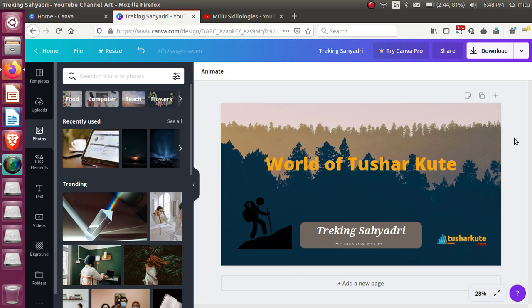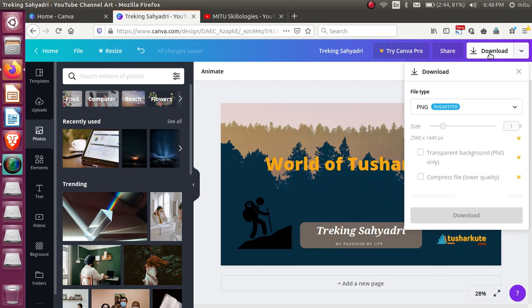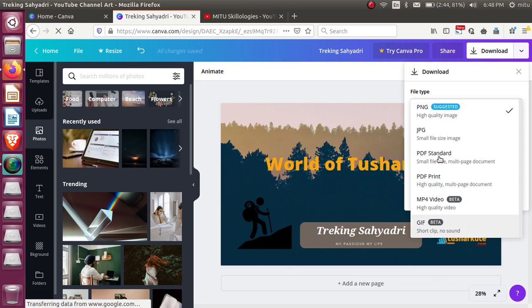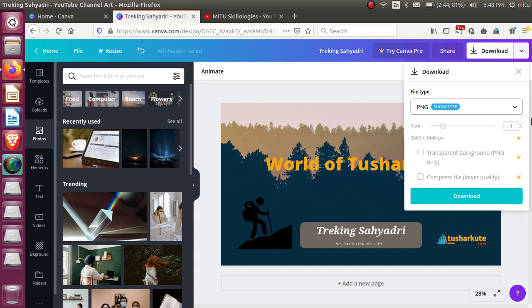Now the main part is that you don't require a screenshot of it. I just want to download it. So just check the options here, download, click on this. What format do you require? See, formats are available. Okay, the first 4 formats are good. MP4 and GIF are required to be purchased. Okay, so PNG is the default supported format. The size is given. Check it out. Download.